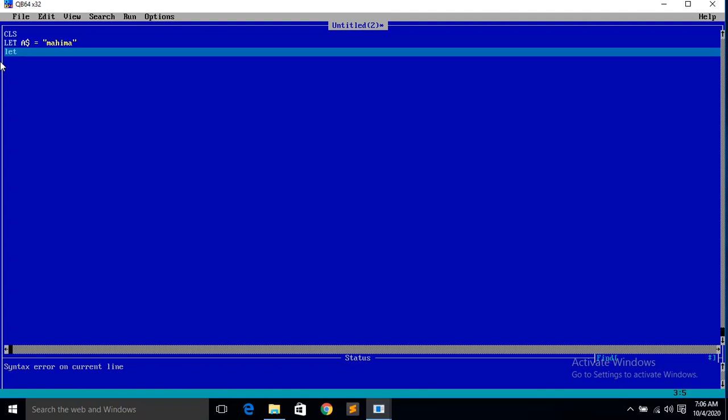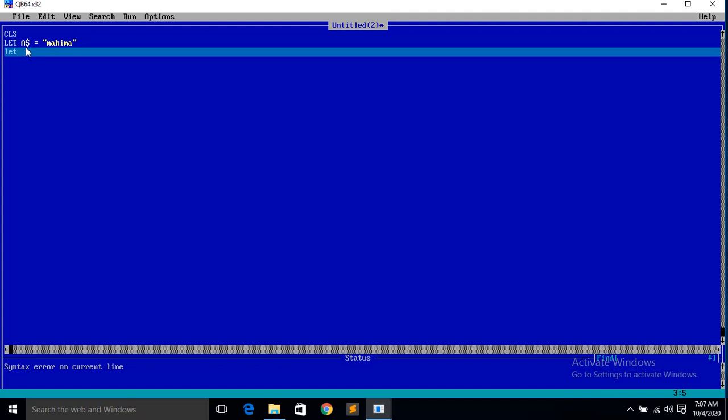Now let me show you which one is the variable and which one is the constant. Follow the cursor where I am moving. Here, let a$. So this a$ is a variable and Mahima is the constant. Now what does variable mean? Variable means the address of memory, that is, the name given to a memory location inside the computer memory.